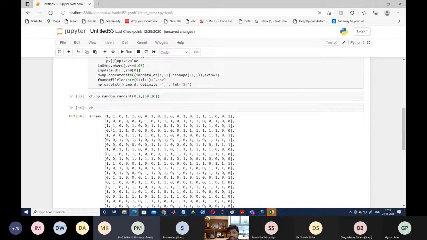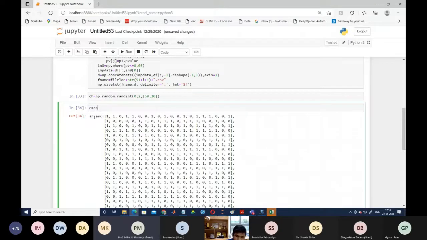What do you mean by that? The first chromosome is saying that if we are going to develop the model with feature number 1, feature number 2, feature number 4, 5, then these are the features you have to count. If you are going to develop the model with this number of features, you can also calculate here.